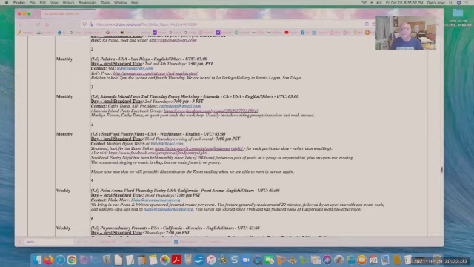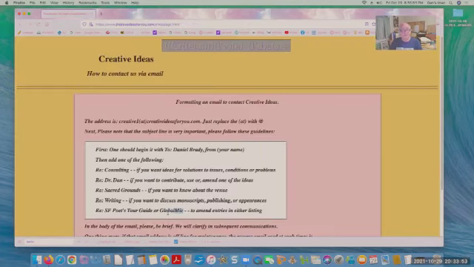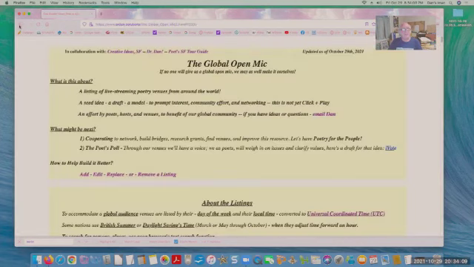So you can see, if we go back to the top here, that the process of finding a venue is, I'm trying to make it fairly simple. We're still looking for other open mics. The more, the better. If you have any questions, this is where you go to find my mailing address. It's right here. You replace the word with the @ sign, and then you can write me, and that's a really good way to get in touch with me.